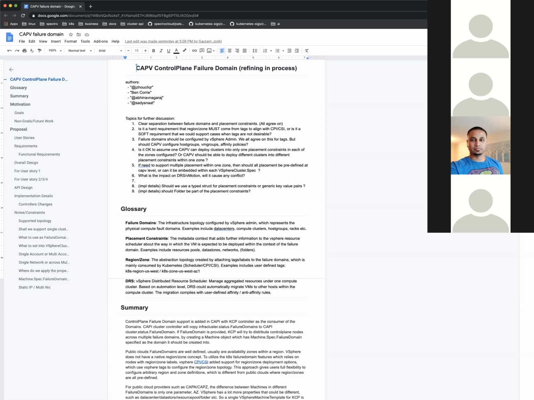So the two are separate. Node affinity is one and the other is toleration. So the node part of it and the VM part of it are the two keys. How you group them together, where you group them together, you have to tell the scheduler to identify and then deliver. I think that's my understanding.